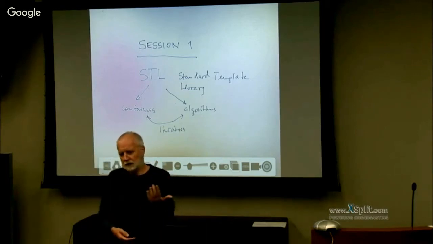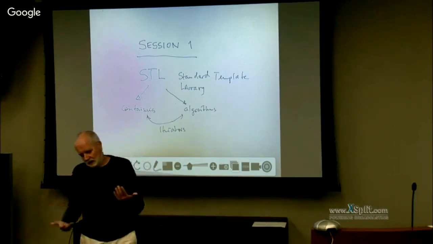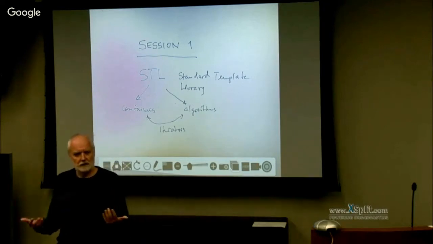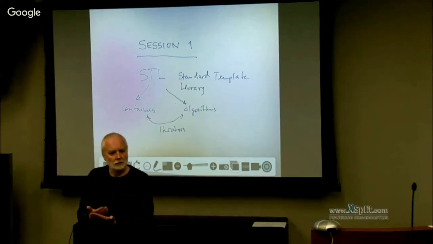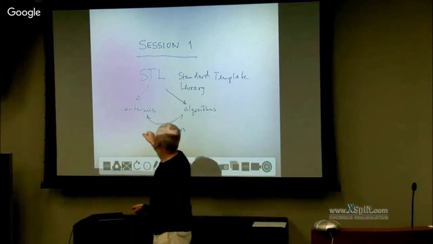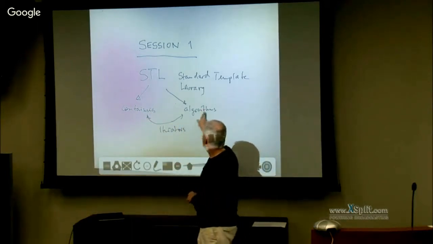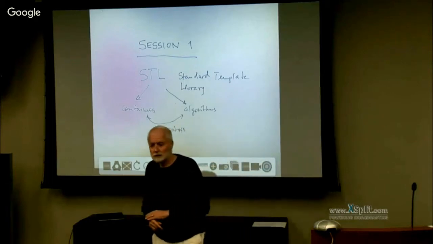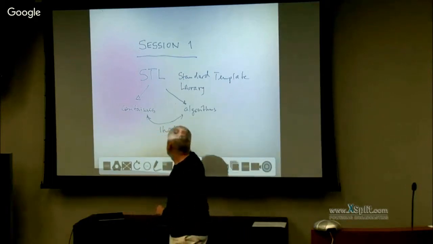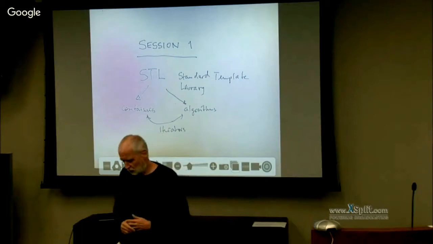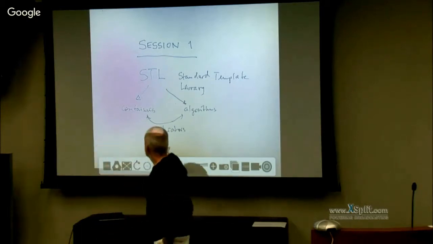So certain ways of dealing with the data. And once you have your data structures and you have your algorithms which deal with those data structures, you have exactly the program. That's why containers, which are the data structures of the standard template library, and algorithms is the code we can use to deal with them. And iterators, and I will talk about iterators more, are what ties them together.